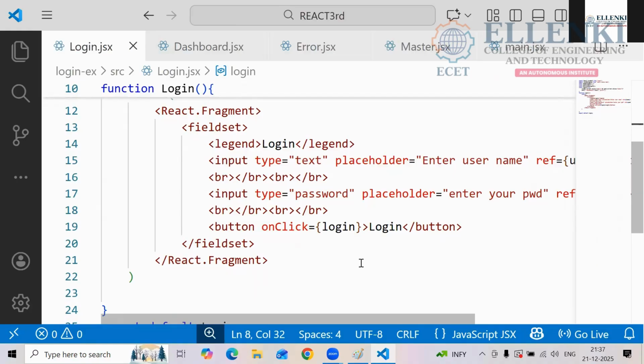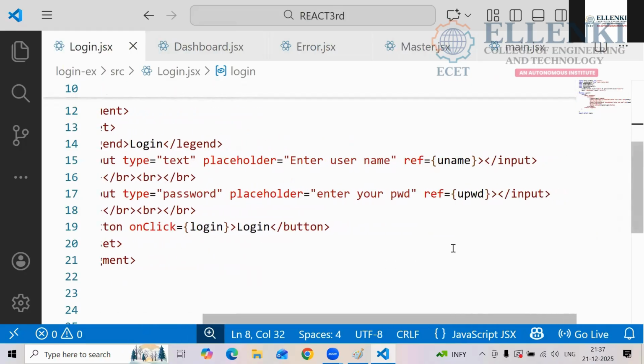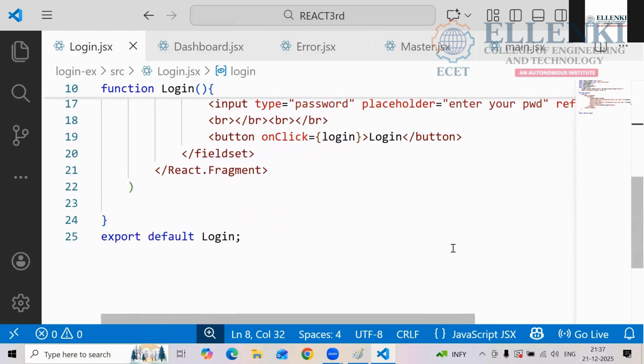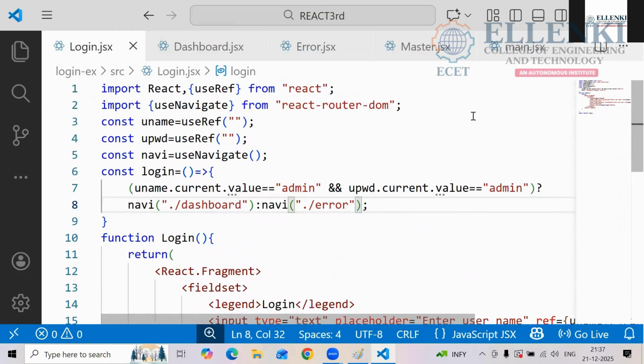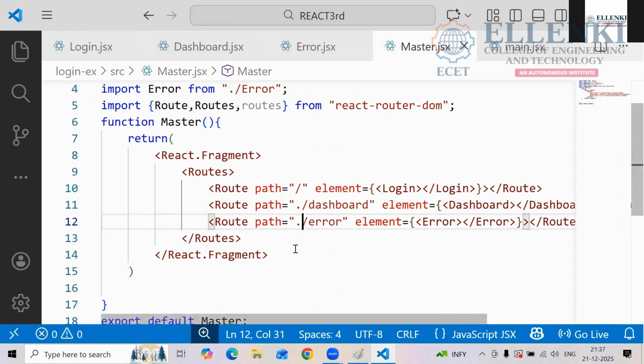Where did we make the mistake, Ray? Routes also we did. What is the problem then?